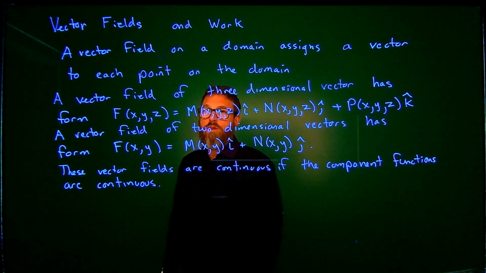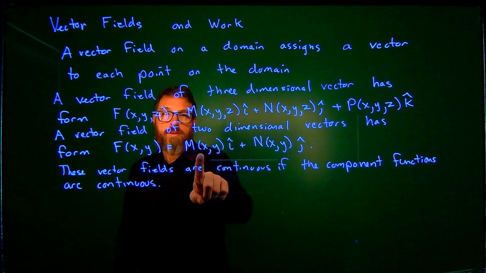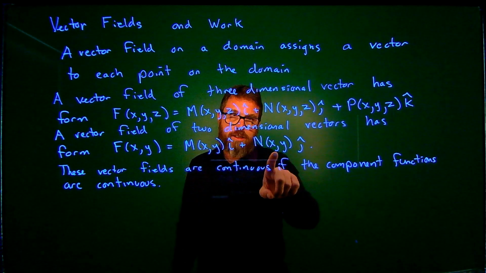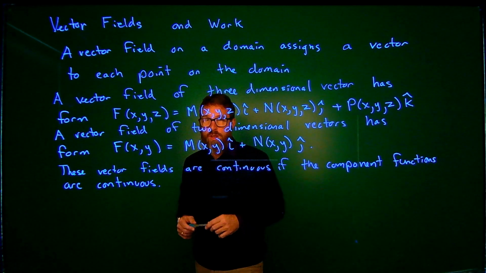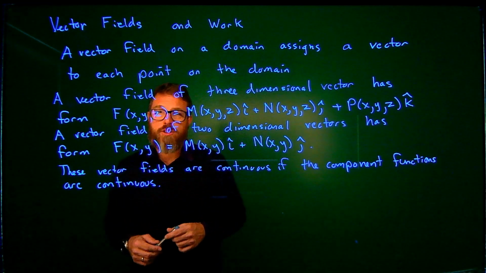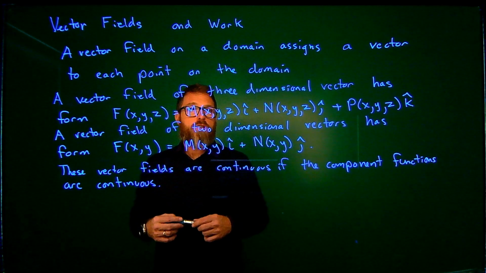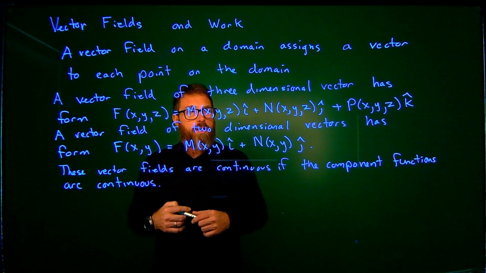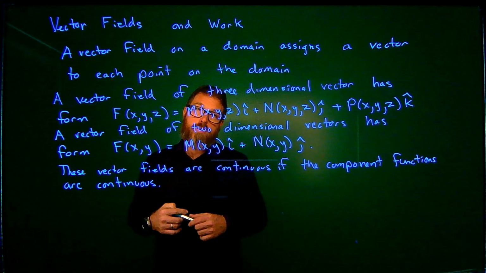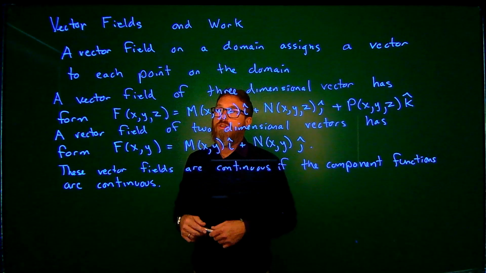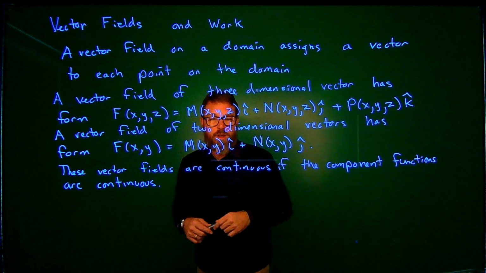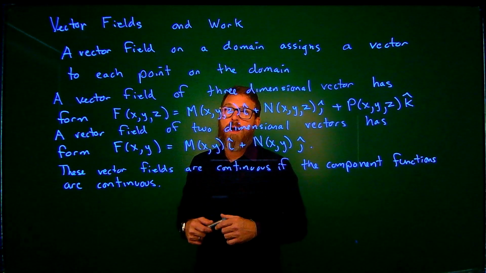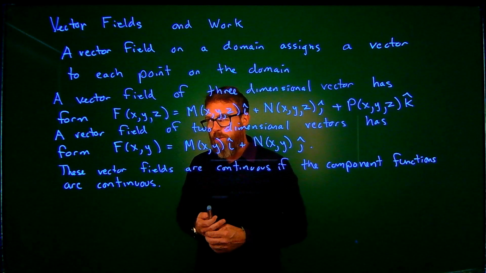Now in 2 dimensions, it's going to be M of x, y i plus N of x, y j. So you can see that this is only going to be 2 components, where each one of these components is a function of 2 variables. These vector fields are continuous if the component functions are continuous. These are some ways to look at vector fields, and they're going to help us describe work for us. All right, so to get a good feel, I want to graph some pretty simple looking vector fields,